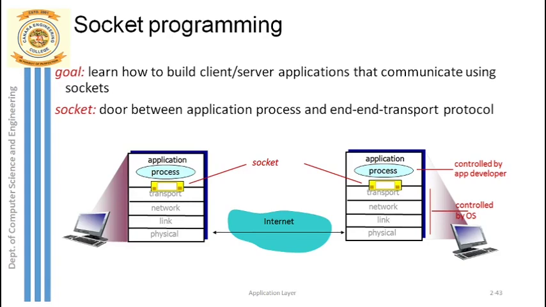So basically this is the problem, and for this particular problem we have to write a program using the socket programming technique. I need to write two programs. One program should be running at the sender or client side, and the other program should be running at the server or receiver side. For this problem, I'm going to first implement the UDP socket. Through the UDP socket I will send the lowercase sentence from sender to receiver, and the receiver will convert my sentence into uppercase, and that converted uppercase sentence will be sent back to my client system using the UDP socket only.